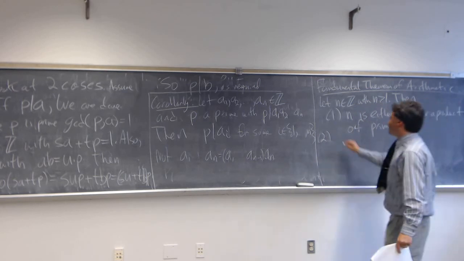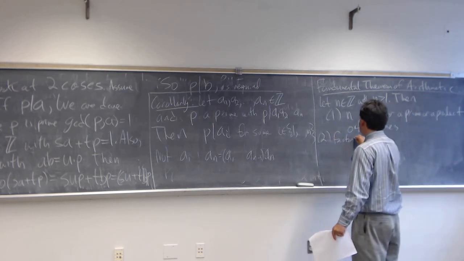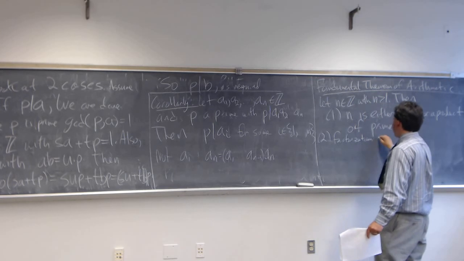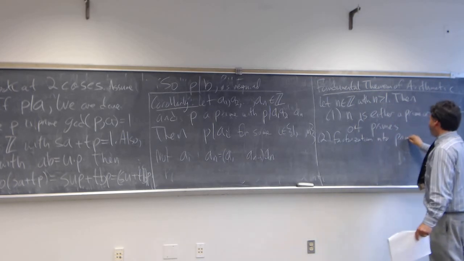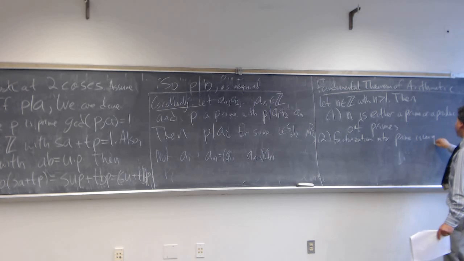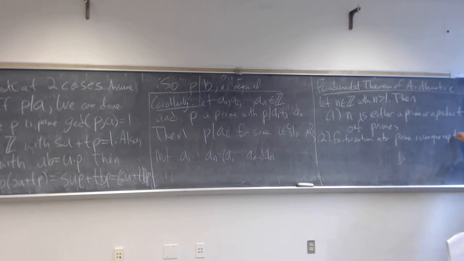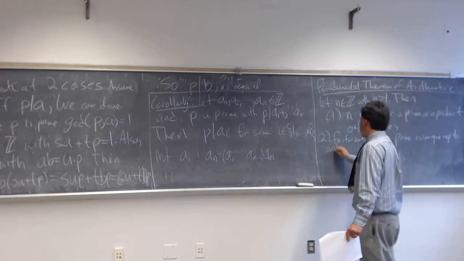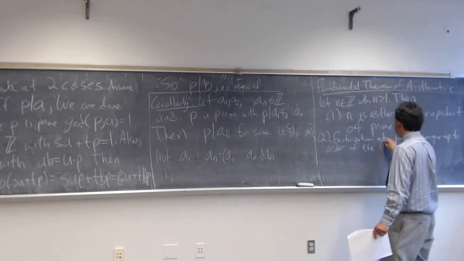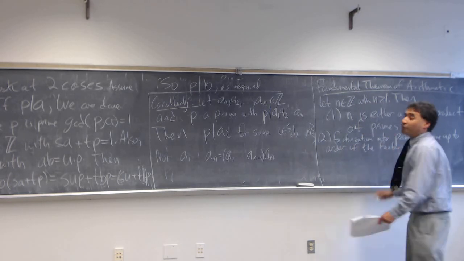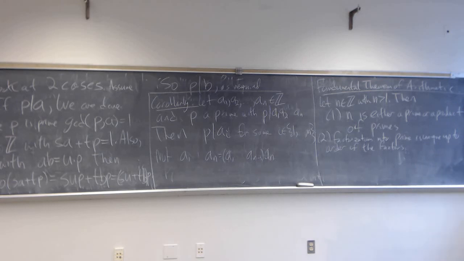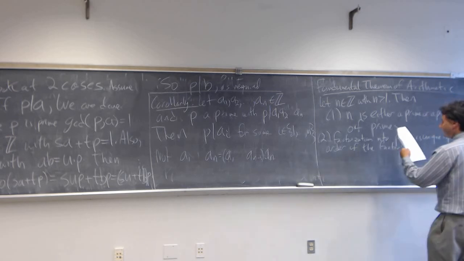And second, the factorization is unique up to order of the factors. So if we factor 6 as two primes, 3 and 2, we consider 2 times 3 and 3 times 2 to be the same factorization. So what this means